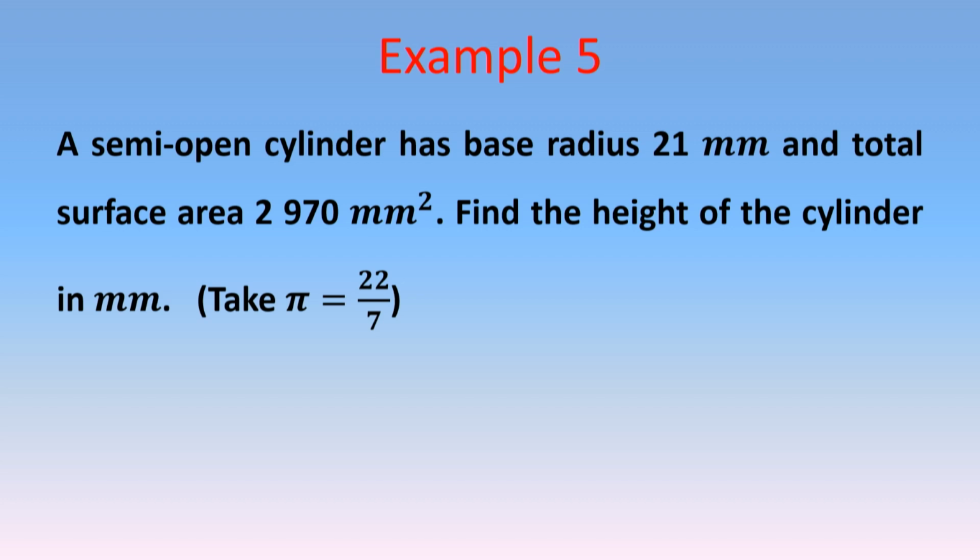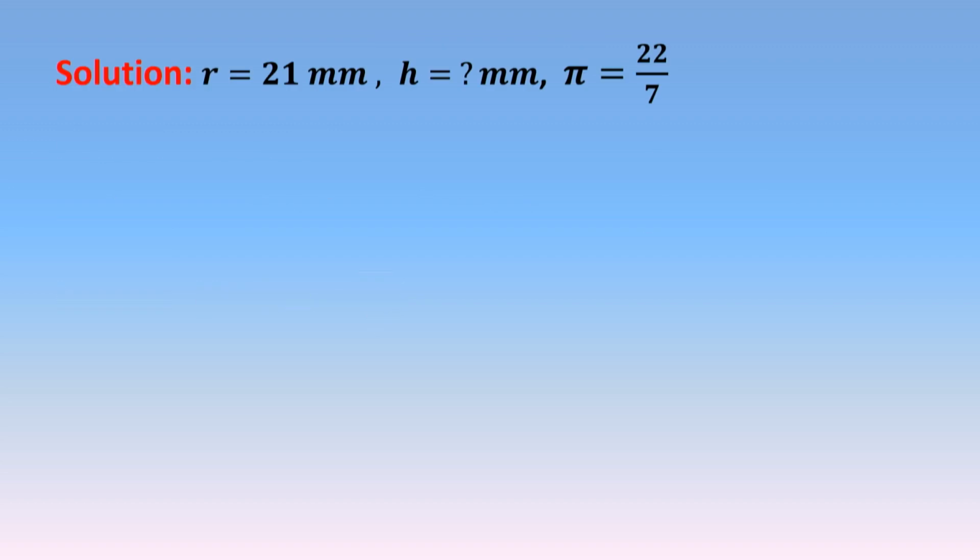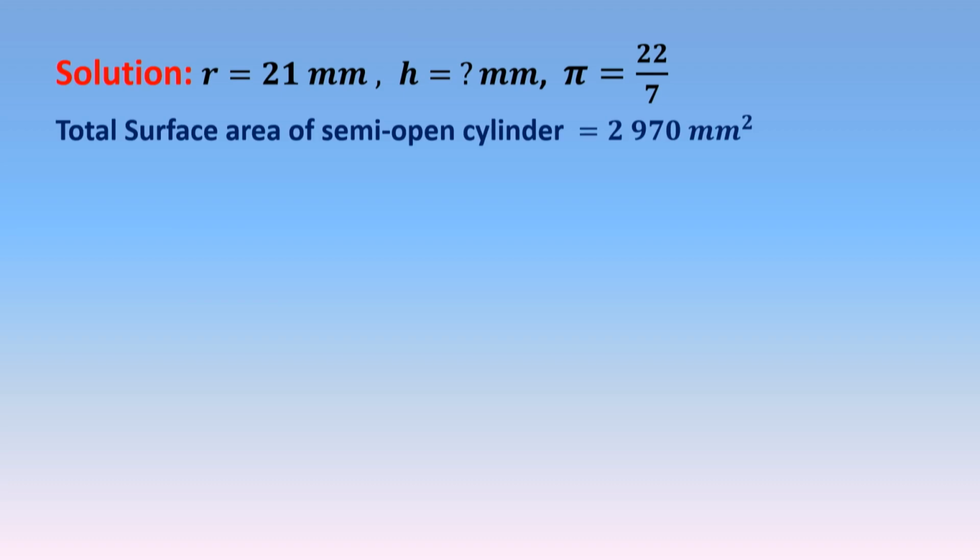Find the height of the cylinder in millimeters. Take pi as 22/7. So r is given as 21 millimeters. The height we don't know. Pi we take as 22/7. And the total surface area is given by